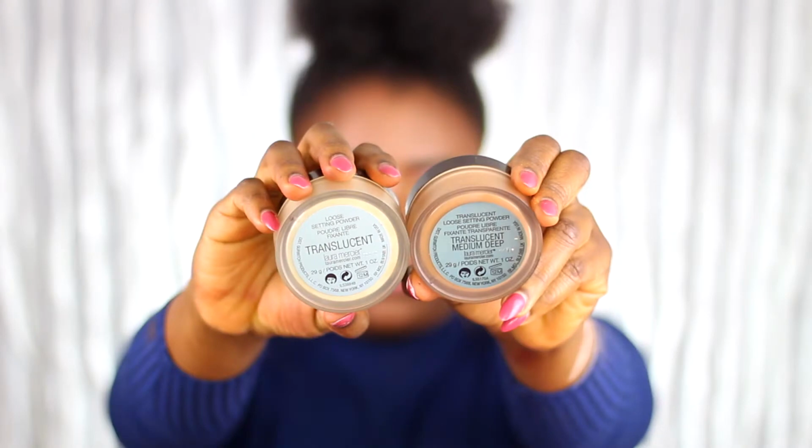My favorite powder that I use is the Laura Mercier translucent powder. I use the shade translucent and also the medium deep. It doesn't really matter what shade you use, because this is going to be under your foundation, okay? Whatever powder you use, you want to make sure you go in lightly. You don't want to go in heavy, because that's going to